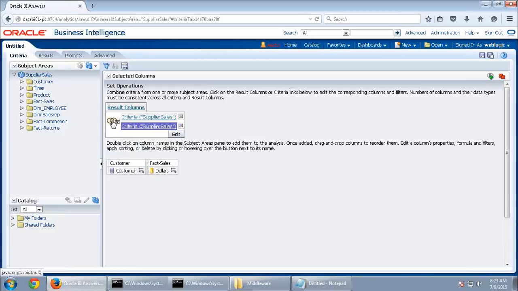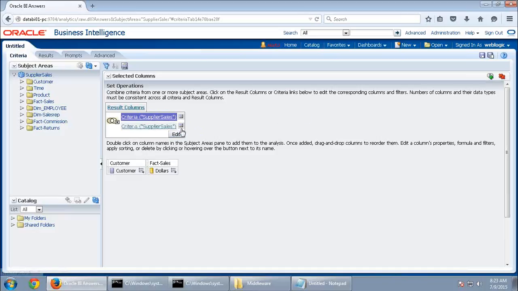Intersect, you can highlight, see that only the middle is highlighted in the set operators. Minus, you can see that only the left side circle will be highlighted, because one minus the second will give you only records from the first one. The middle portion is still white, it doesn't take anything from the middle, right? So this is how your set operators work. Like from schooling also we looked into set operators, right? The same set operators. Yes, this is irrespective of subject area. Why do you care about subject area?